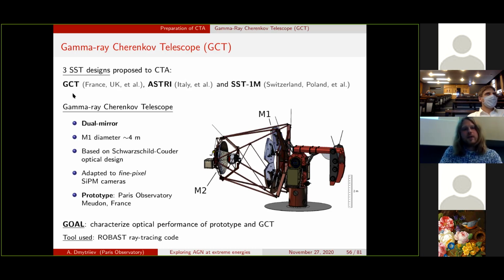So there are 3 designs: GCT, France and UK; ASTRI, mainly Italy; and SST1M, Switzerland, Poland, and others. GCT and ASTRI are dual mirror telescopes, while SST1M is a single dish. I was working on GCT, which is based on the Schwarzschild-Couder optical design, which is known for its quality. The advantage of this design is correcting optical aberrations. And also